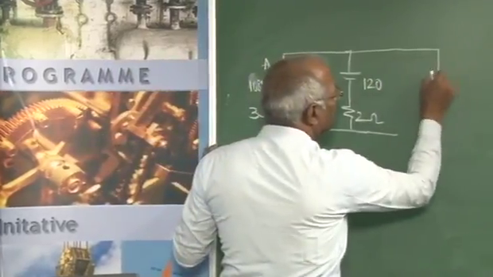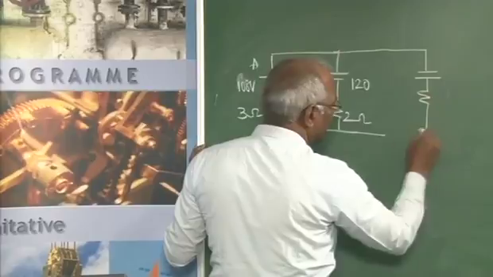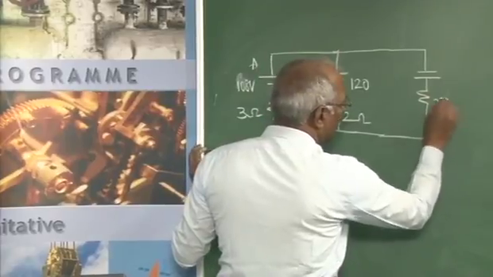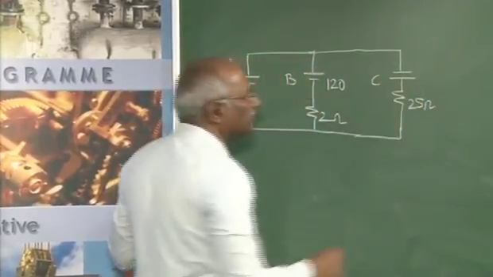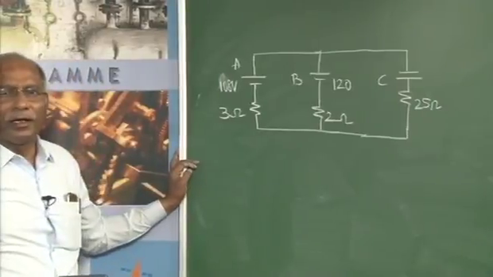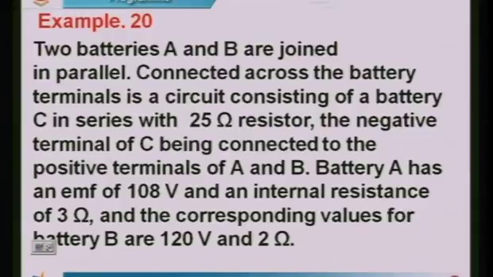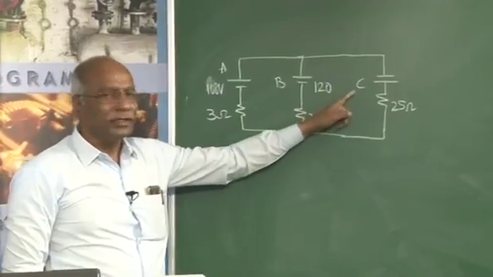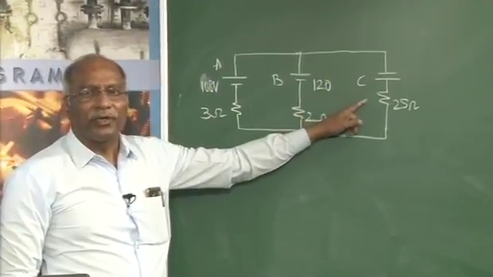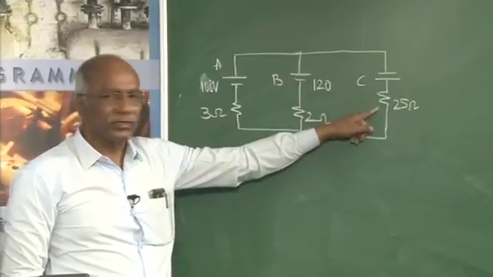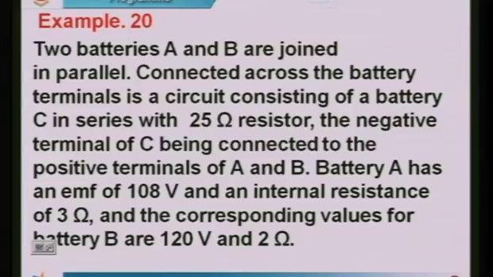So this is nothing but the C, this being 25 ohm. I will repeat. Connected across the battery terminals is a circuit consisting of a battery C with a 25 ohm resistor. That is nothing but this one, with the negative terminal of C being connected to the positive terminals of A